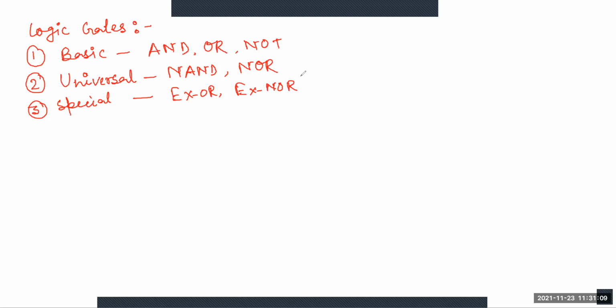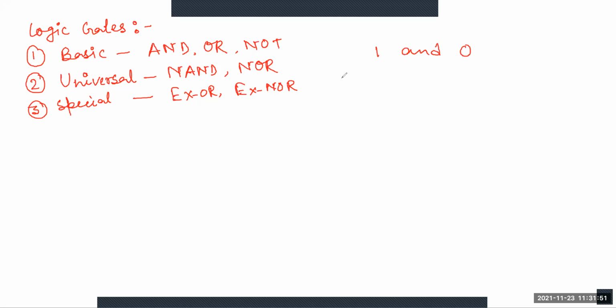So before going to these gates, first of all, these logic gates are electronic circuits because they are made up of a number of electronic devices and components. Here the input and the output of these logic gates can occur at only 2 levels. These logic gates follow the binary, and binary means 0 and 1. So these 2 levels are termed as high and low.